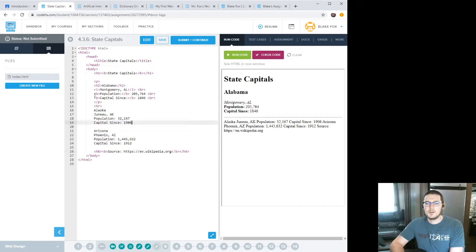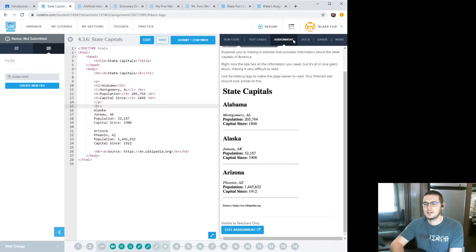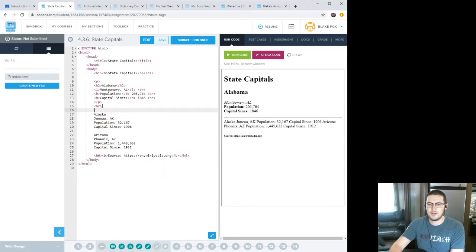All right, so we've got that, and let's just see how that looks. Oh, that looks pretty good. That looks like what I want, right? Yeah, that's looking pretty close to what I want down there. Okay, so I'm just going to go ahead and throw the paragraphs on here,